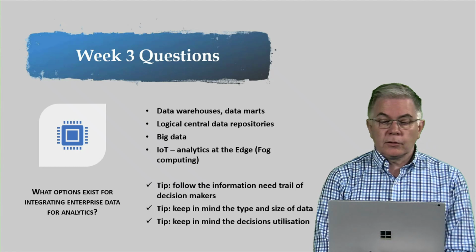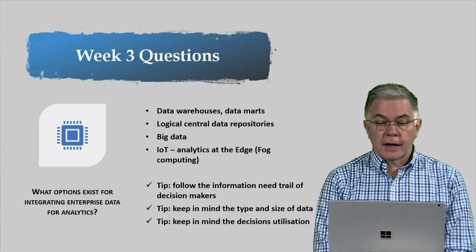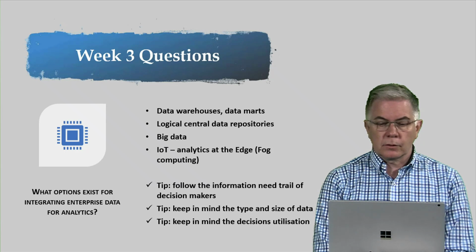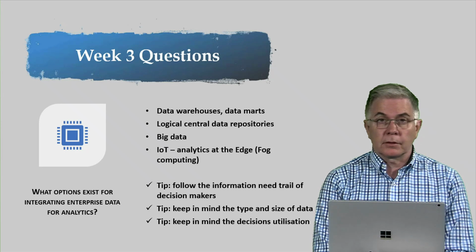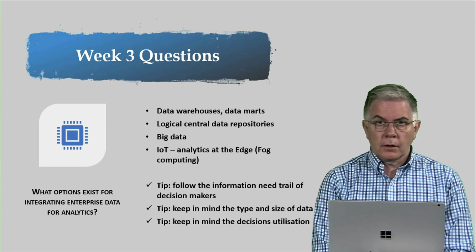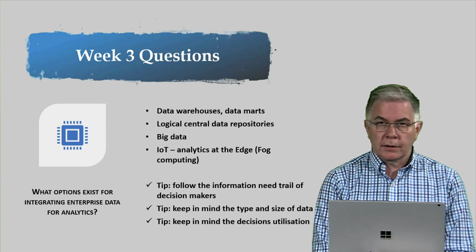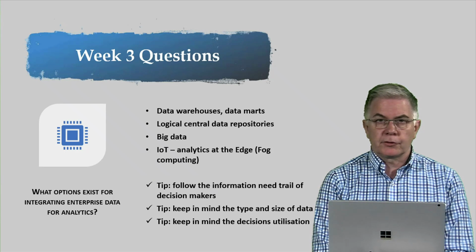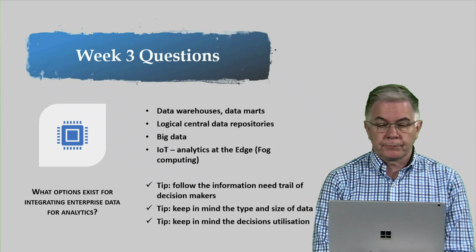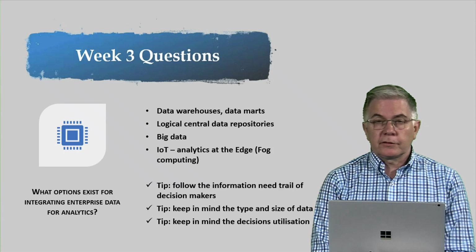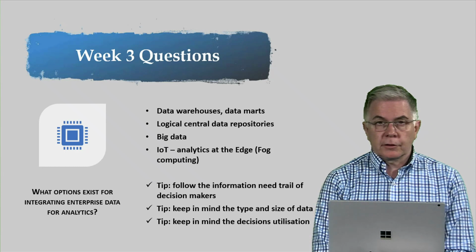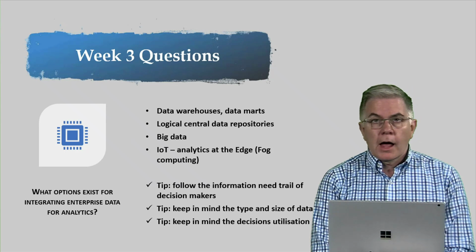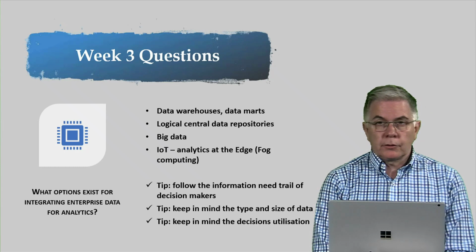So, conventional options are really data warehouses and data marts, and these have been around for many, many years in organisations. We also have this concept of logical central data repositories. So no longer the need to bring everything into one thing like a data warehouse, but instead have a federated approach to make sure that all the data sources join up. Big data, which is often externally sourced, needs to be part of the options. And if you're an organisation that's going to be making increasing use of IoT, and there'd be very few organisations that aren't, having analytics at the edge is quite a crucial consideration.